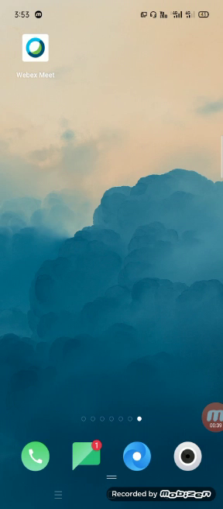Whenever you want to host a meeting or join a meeting, you are going to use a desktop application, and you can also use a mobile application. But that is when you are available at your workplace. If you are not available at your workplace, then how can you do this? With the help of the mobile application, we can start or join a meeting. So let's start with the Webex application.